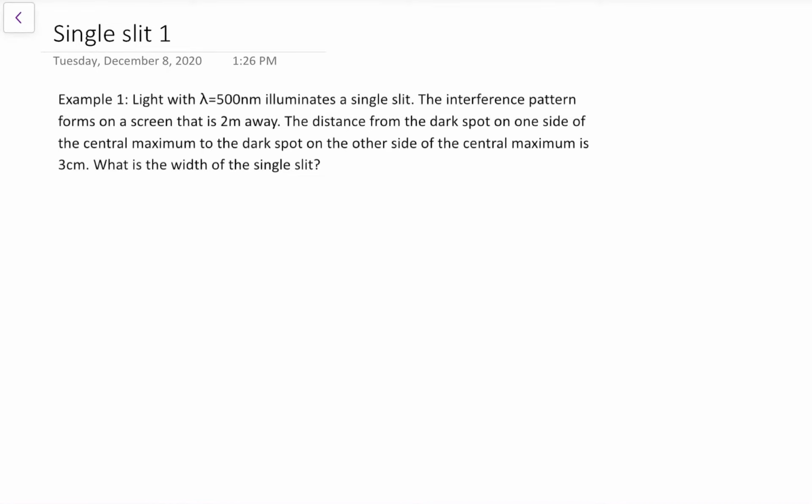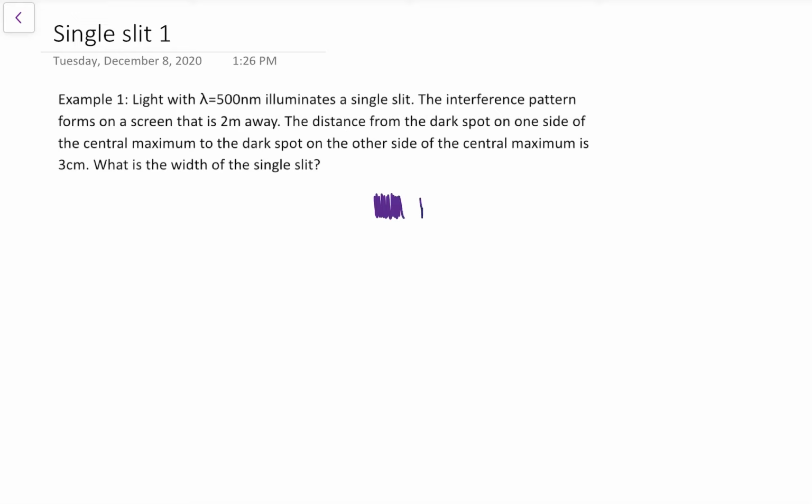The single slit pattern is weird, the proof is weird, and if you've become comfortable with double slits and gratings, now this is different, which adds to the weirdness. So hopefully by doing a few examples, we can figure out the weirdness of it and learn to work with it. What's different about a single slit is when we see the pattern,